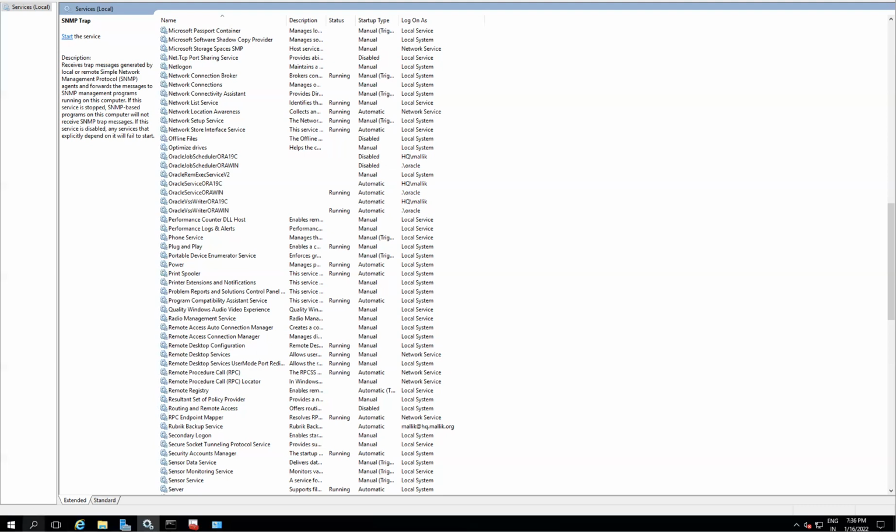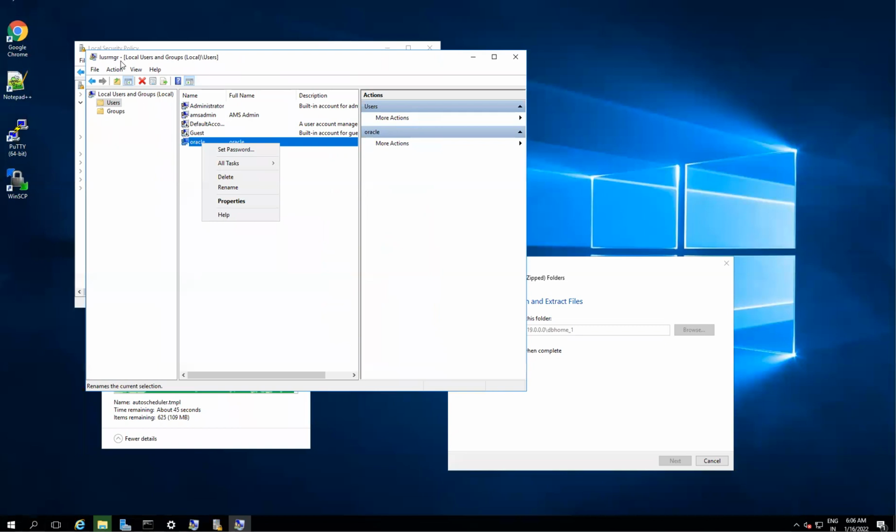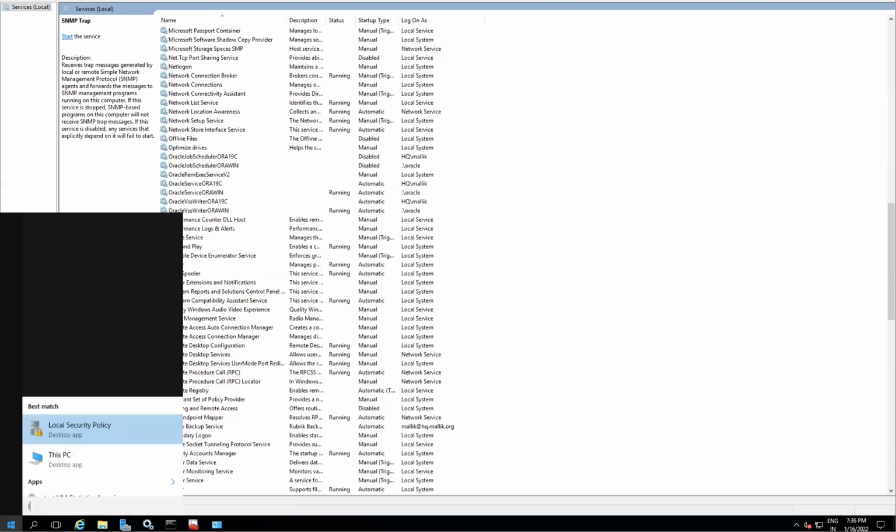Right, so again, just go here, I'll check it out. These shortcuts you can also use. This is like lusrmgr. Same thing, if I type it here in the Run box, LU